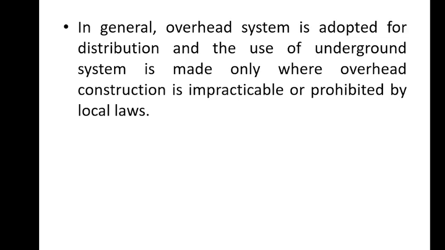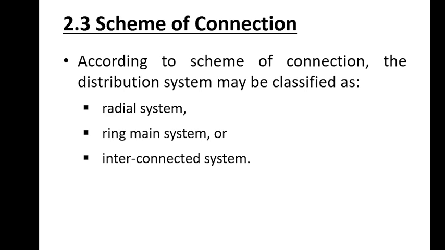So this typically includes populated urban areas, locations with strict aesthetic requirements, or places where safety and reliability are a higher priority. Therefore, the selection of the distribution system is not only a technical decision, but also depends on legal,